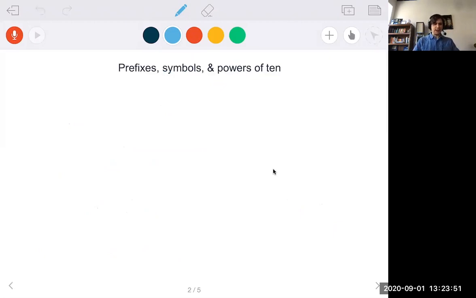So instead of how I did this before, I'm going to write out every prefix, its symbol, and what power of 10 it relates to, because the metric system, and really just this prefix system more than the metric system, is really relying on powers of 10. The metric system is based on powers of 10, so it lends itself nicely. I'm going to start large and work my way small. Let's go ahead and start with the large prefix,